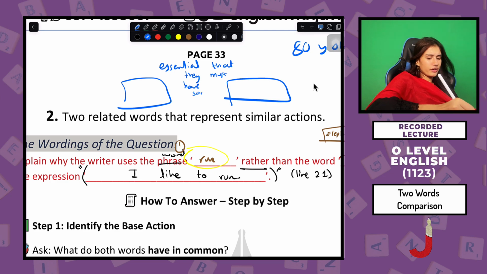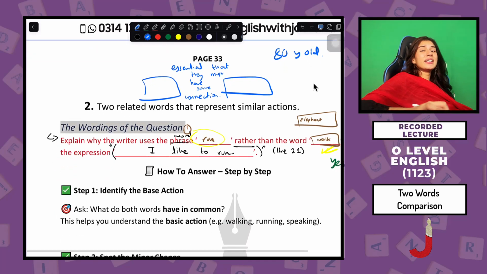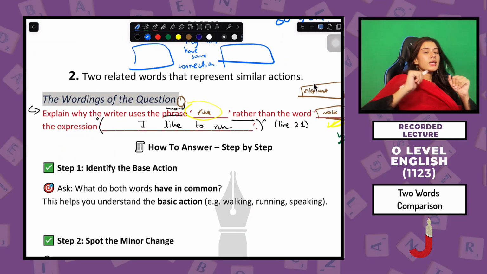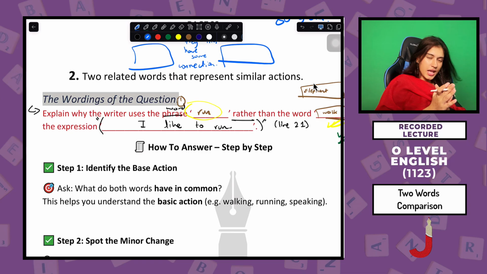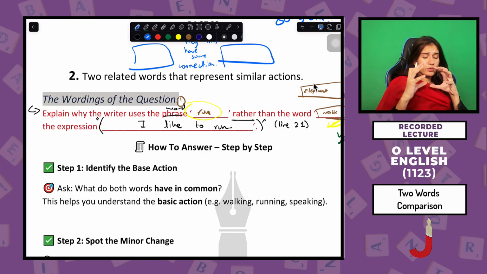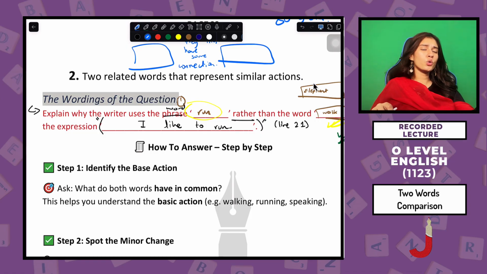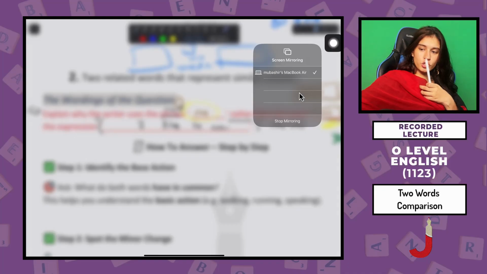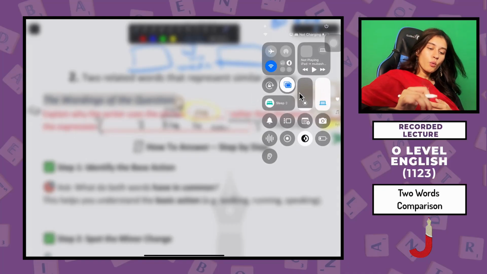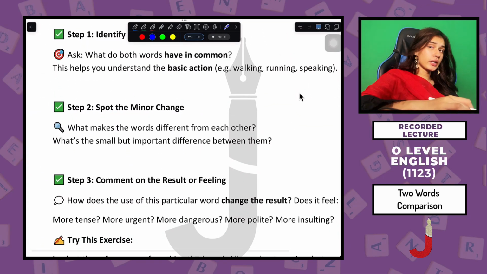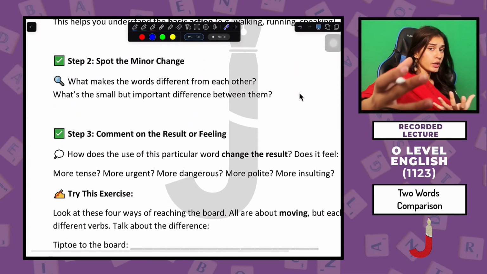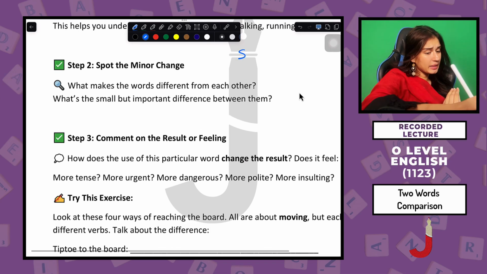That is necessary, right? So that's why the words that we'll be looking at, they will definitely have something to connect them both. Now, I'm trying to keep this video very short and concise, so I won't go into a lot of theory. Right now, directly, we're going to talk about how to answer this question. So, beta, how do I answer this question? Well, what I do is, the first step is going to be, I already told you that there is going to be some similarity between the words.